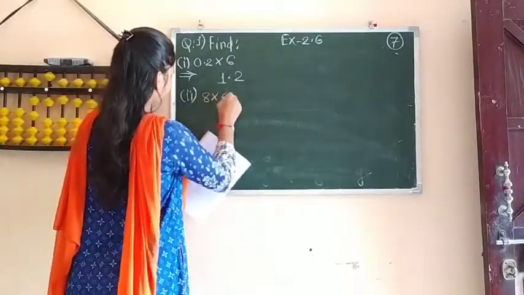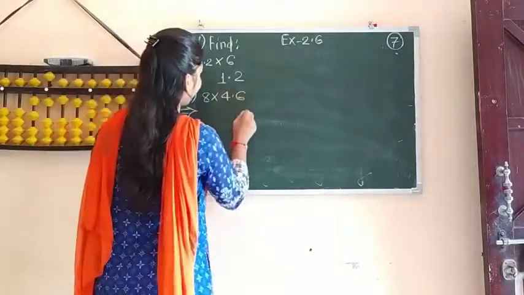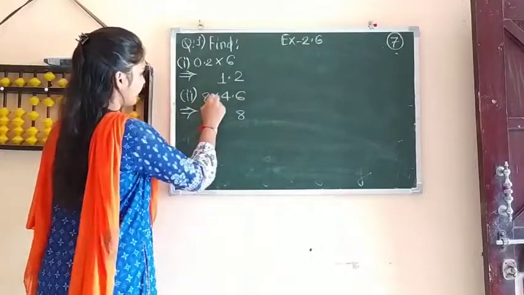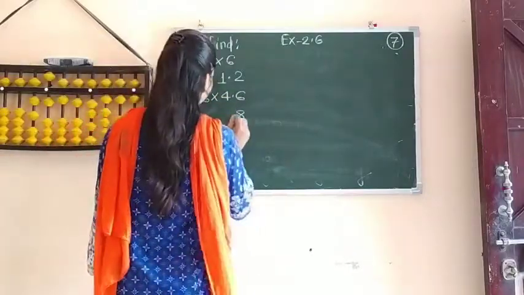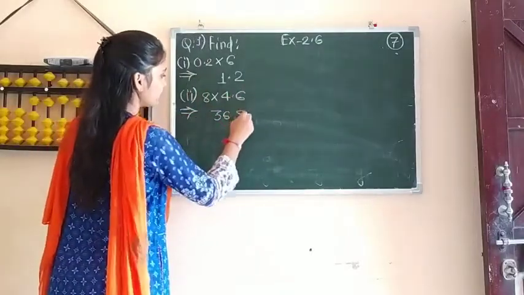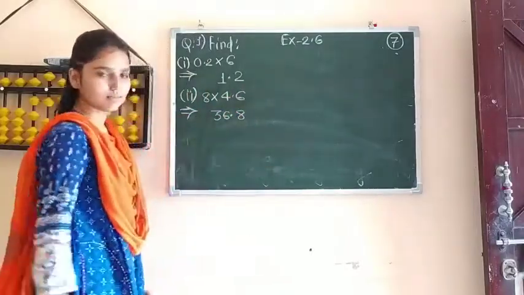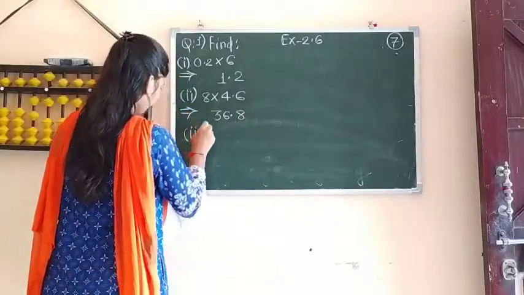8 into 4.6. Multiply this. 8 6s are 48, 4 carry. 8 4s are 32. 32 plus 4 is 36. The decimal is after 1 digit. So after 1 digit you have to put the decimal point. Now next, third,